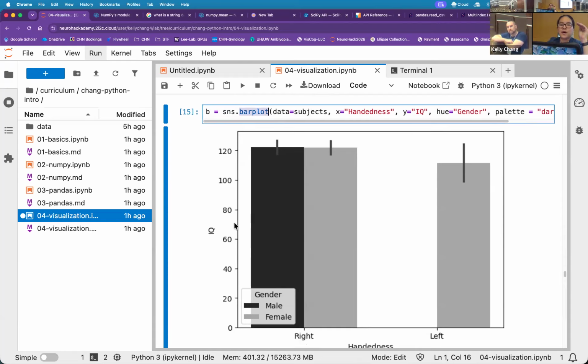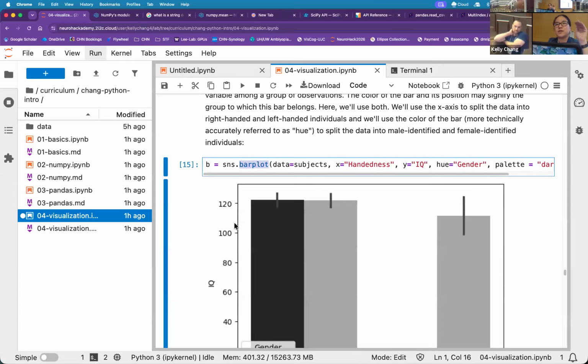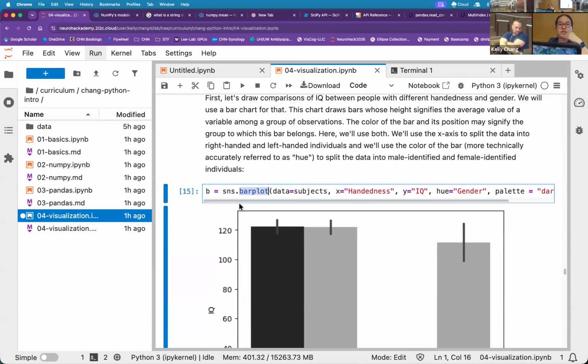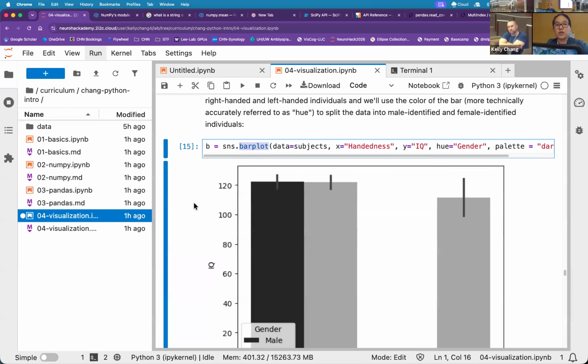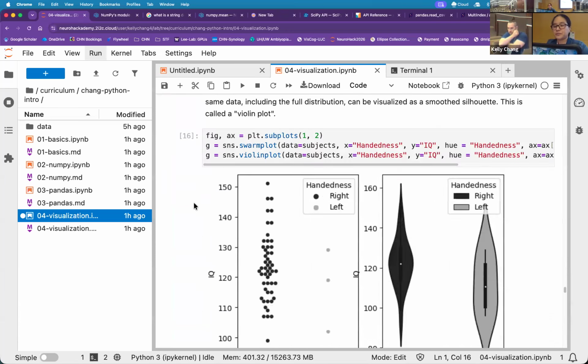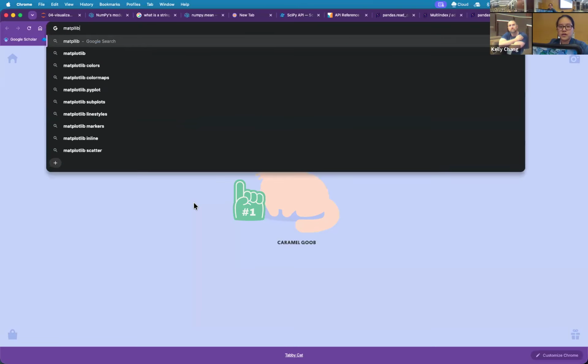So analogy-wise, matplotlib in Python is like base plotting, super basic plotting. You can do almost anything with matplotlib, but it is super duper basic. Seaborn's a little bit higher level abstraction. I have some organized data. I want it along the X, I want it along the Y, or I want colors. But your data does need to be organized. It can't be as free floating as just here's my vector or here's my image. Let me plot it. Don't be afraid to go look through some of the visualization libraries, like matplotlib.